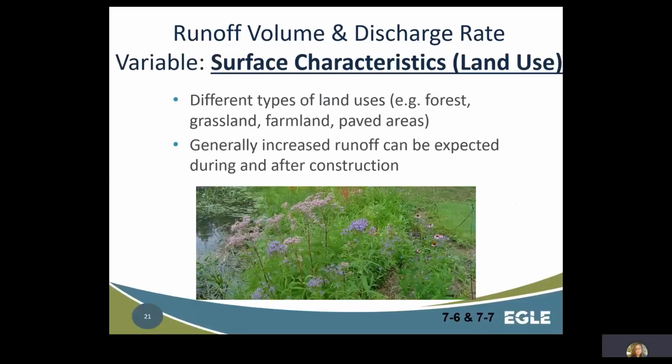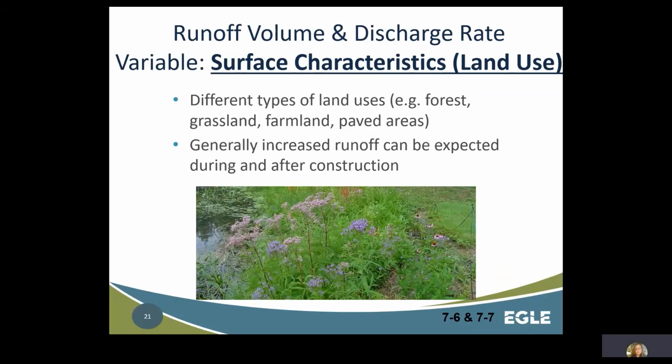The second variable that we will discuss is surface characteristics, which is also termed land use. The surface characteristics or land use of a site greatly influence the volume and rate of water running off the land. Typical site development may increase the runoff volume substantially. For example, runoff will range from less than 5 or 10% of the total rainfall on heavily vegetated areas like woodlands, to nearly 100% of the rainfall for impervious surfaces like pavement.